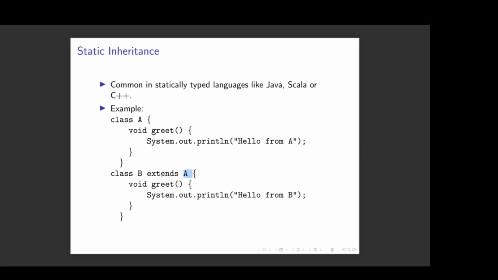But it also shows another feature that you normally have in object-oriented languages, which is not just the ability to inherit but also the ability to override some existing implementations. So this method here is overriding the greet method and replacing the implementation with some different implementation. An important point here,